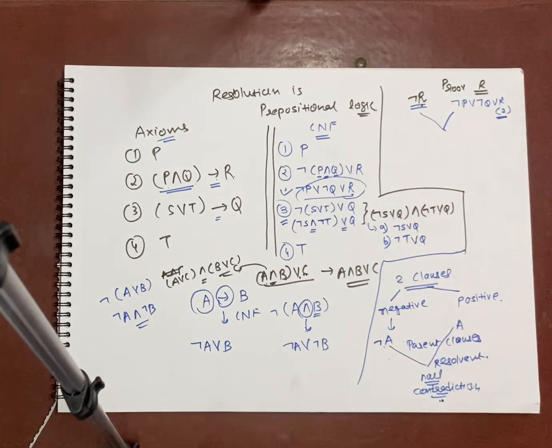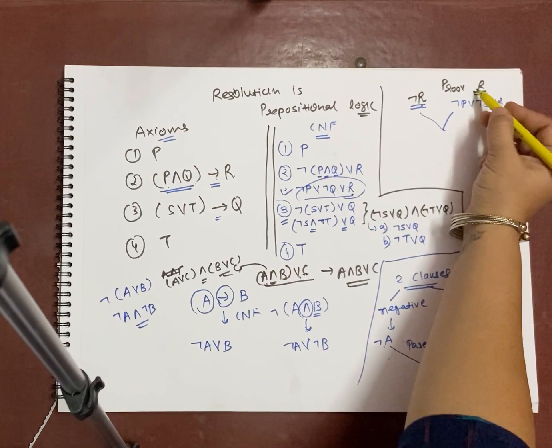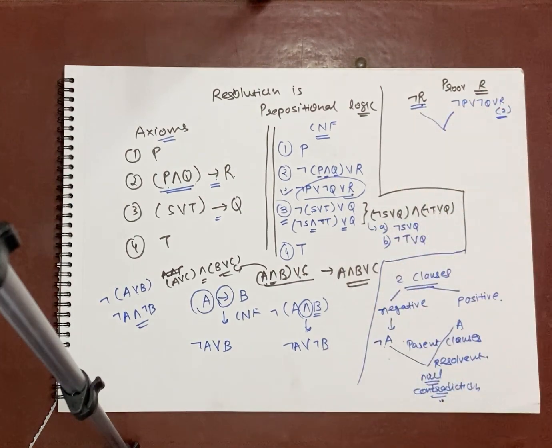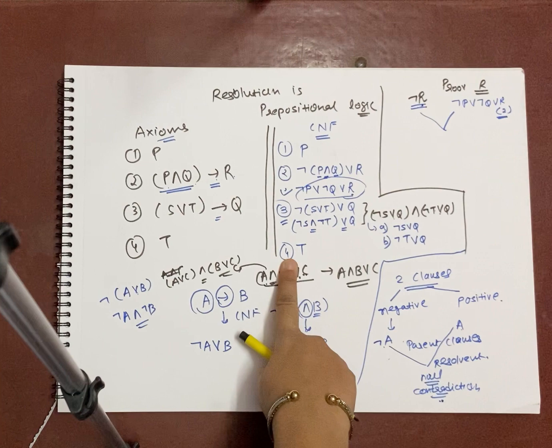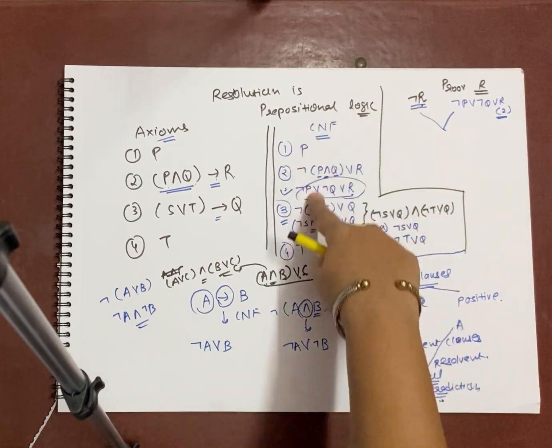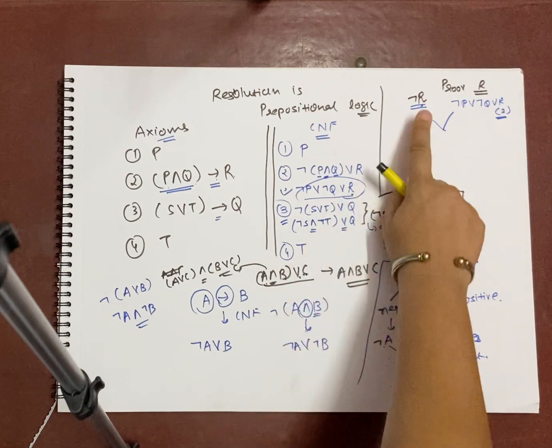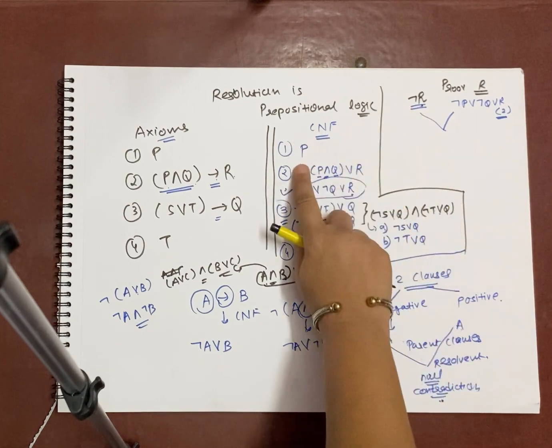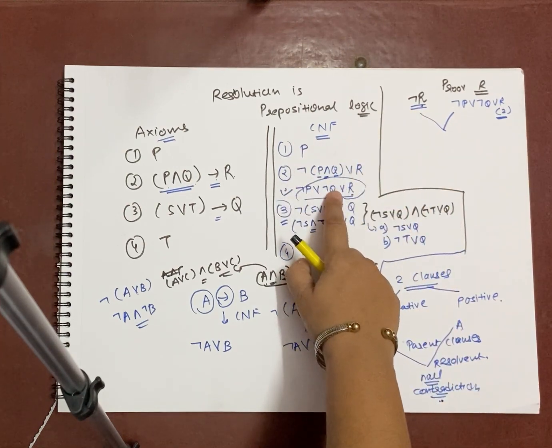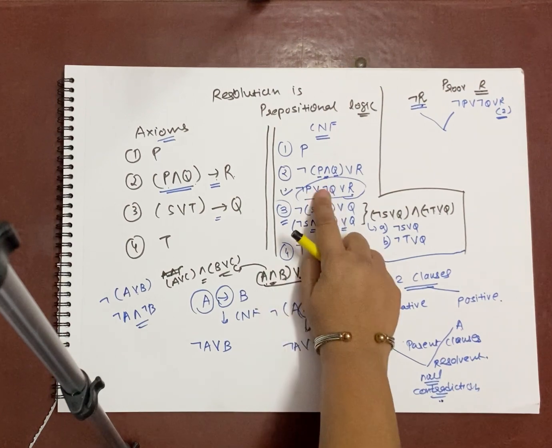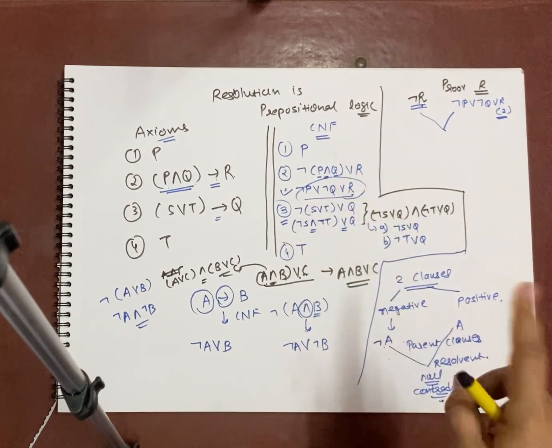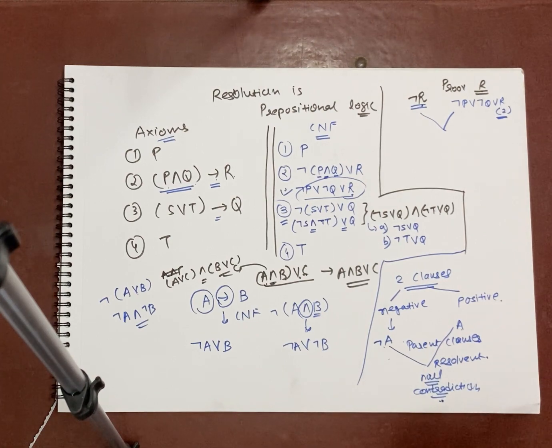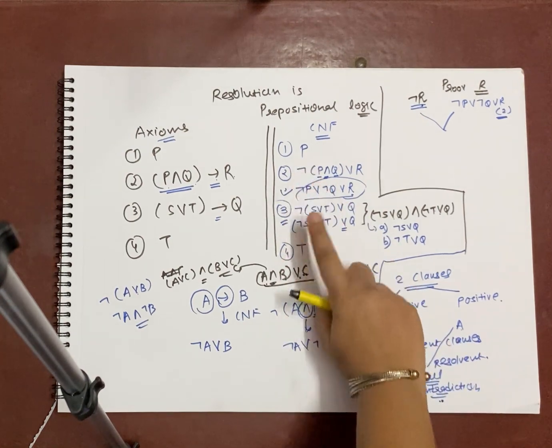So if you consider both of these as parent clauses, how are parent clauses selected? Well, let me repeat once again. Whatever goal you have, that should be negated. That negation of the goal will be considered by default as one of the parent clauses. Then go back to the CNF facts you have, and identify a clause such that the reverse of it is present. Reverse of negated R is positive R. So find out, does it have positive R? No. Does it have positive R? Yes. Does it have positive R? No. Positive R? No. So there is a single clause available where positive R is present. Only such a clause can be selected as a parent clause. Are you getting what I am trying to say? Any other clause cannot be picked up.